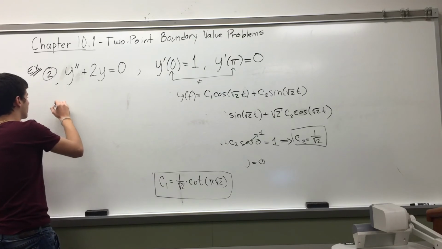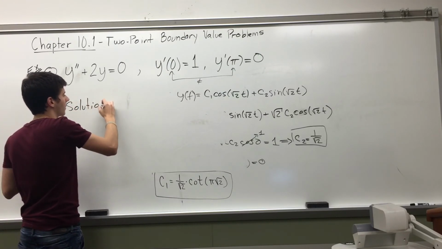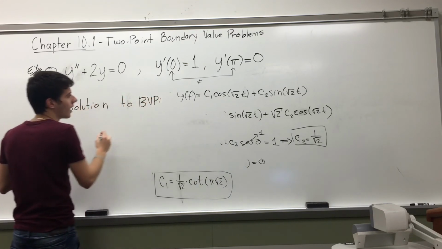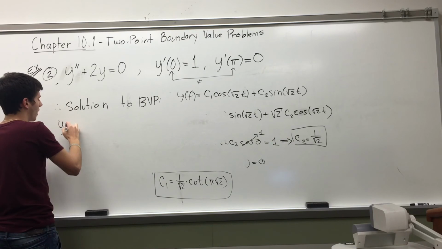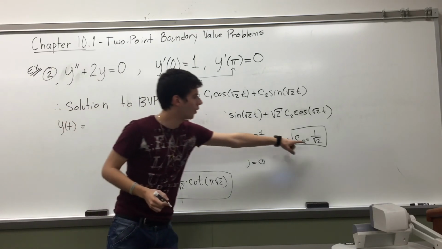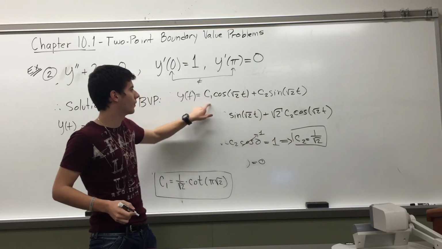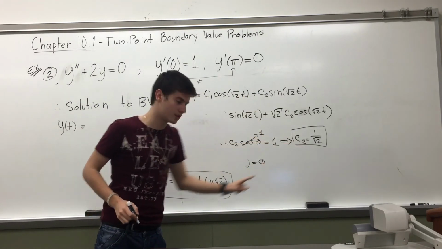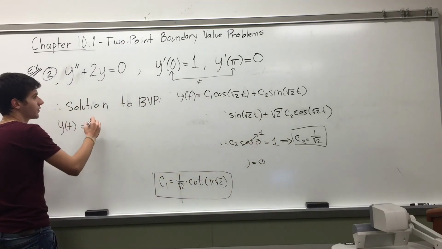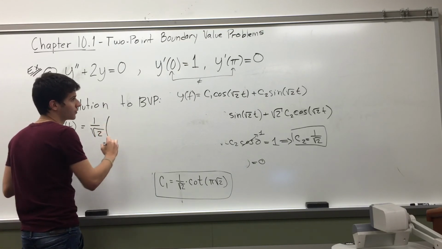So we can write the solution to our boundary value problem as y of t. Let's factor out this 1 over square root of 2, because we can see that we have it on c1 and c2. We have this factor of 1 over square root of 2. So if we just factor this out beforehand, we have 1 over the square root of 2